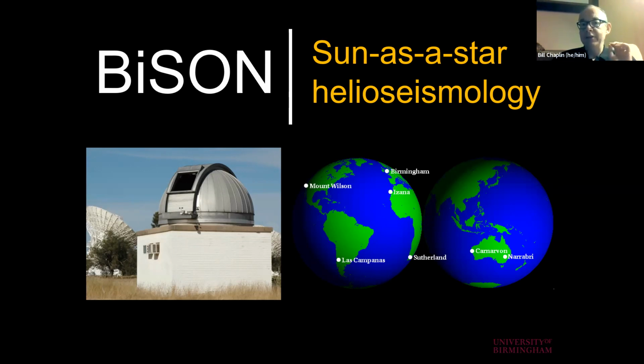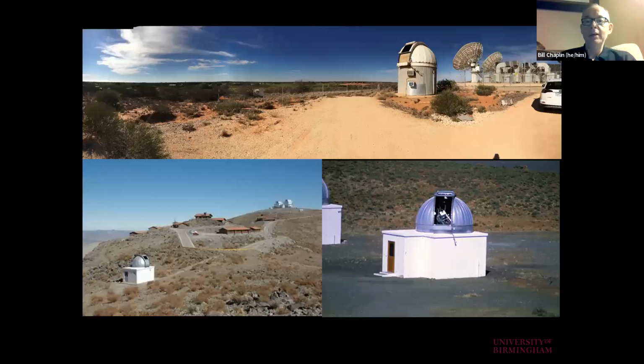So the data that I show you on the sun are directly relevant, directly the kind of data that we get on other stars as well. So just some photographs of some of the other telescopes that we have in our network. All but a couple of them are actually robotic telescopes. So they're some of the first actual robotic telescopes that were deployed anywhere in the world in the field of astronomy. The first of the automated telescopes that we deployed is the one on the top here.